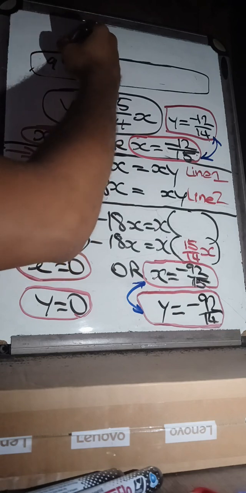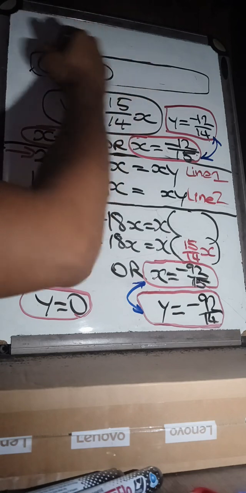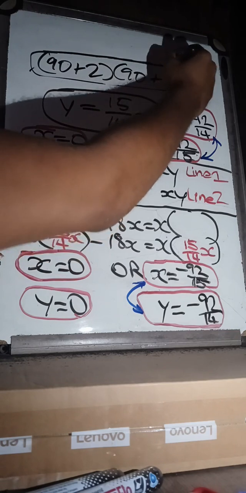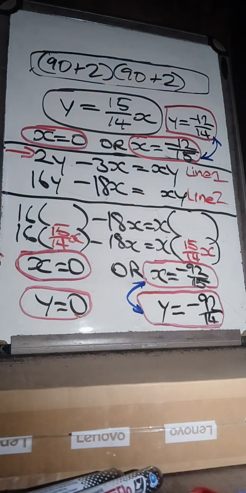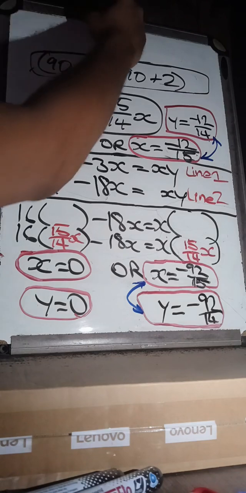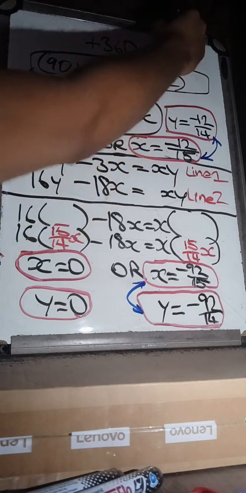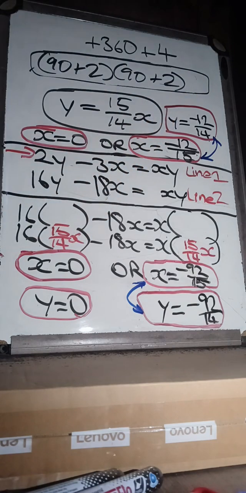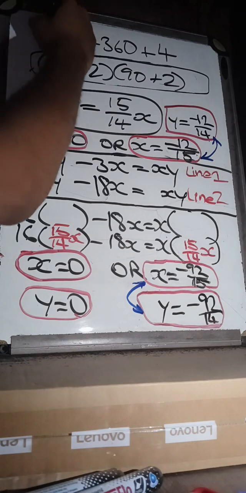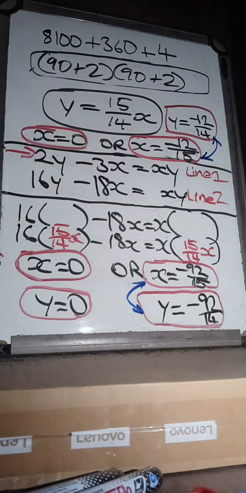So 90 plus 2 times 90 plus 2. 180 plus 180 is 360 in the middle. 2 times 2 is 4. And 90 times 90 is 81 with 2 zeros. So 8,464